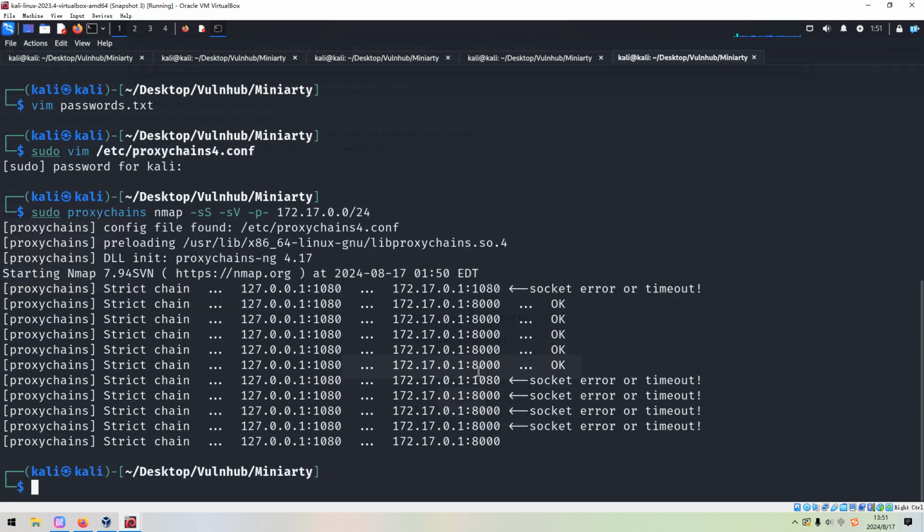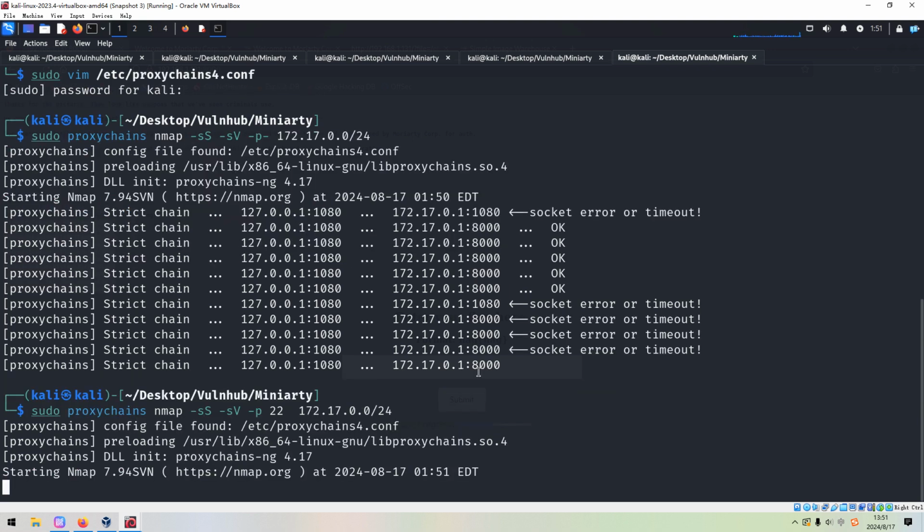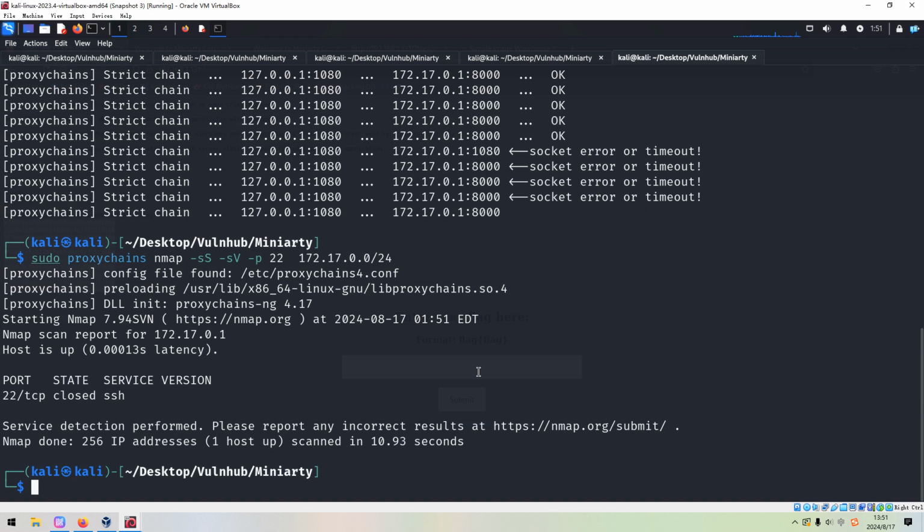Or maybe, to save time, we can use the option of -p rather than the full range of port numbers. Press enter. So I think maybe the proxy has been closed.